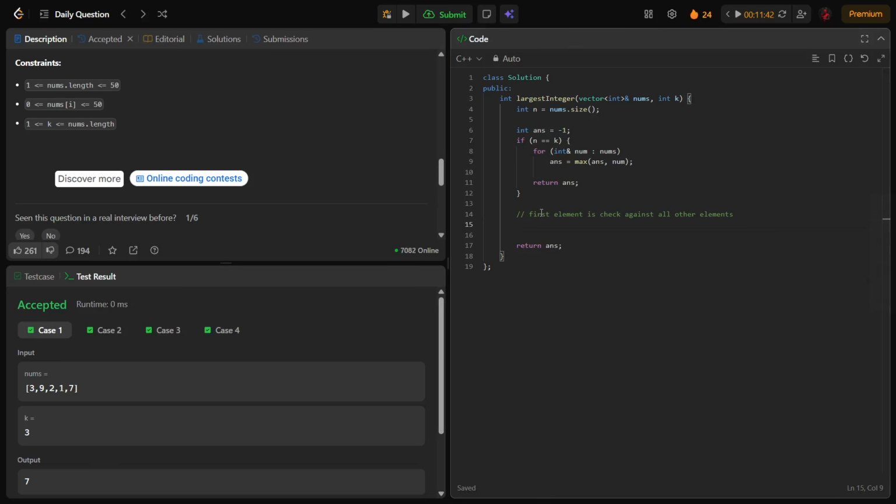Now take a loop, start from 1, because the first element is at 0. We'll start from 1 and check. If we find nums of 0 is equal to nums of i, then we don't have an answer. So answer will be -1, else break. And before this, let's make sure answer is nums of 0. And once we have done this,